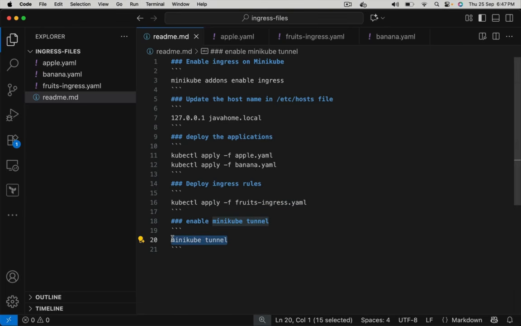In my laptop, what is happening? We are using Docker Desktop on top of a MacBook. Inside that Minikube, we are deploying Kubernetes components. The problem is we can't directly access Kubernetes from my local laptop. To fix this problem, Minikube has provided a solution, that is to open a tunnel. When you run this command, it opens a tunnel between my local laptop and the Kubernetes cluster so that I can use